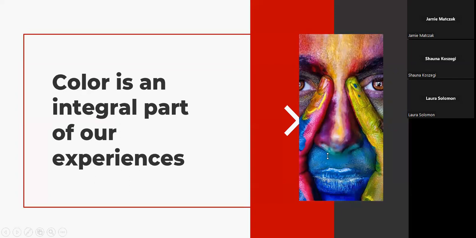Knowing how colors interact with each other can really help you to create better designs, which is why I talk about the color wheel in a little bit of depth at the beginning. Because if you are completely unsure about how to combine these colors, you're probably going to start with your library's colors. So like I mentioned earlier, if let's say your library's logo and all of that are blue and white, those are your colors. Chances are, though, you're probably looking to use other colors in addition to those. You have to make sure that the combination is going to be a good one. And that's really what a lot of this is about.